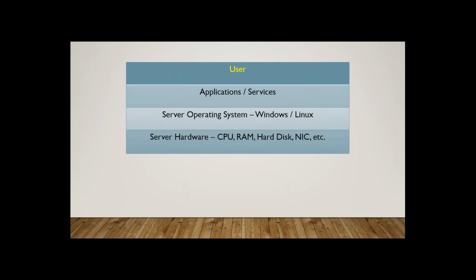Just take your time, 30 seconds. Just try to understand what I have said in the last 20 minutes. I will repeat again before I take a break. See here, we are connected to applications every time. Whatever we access over the internet, we are connected to an application. There are different types of applications available. I have named many major applications like web servers, file servers, mail servers, database servers. All these applications run on a server OS, and that server OS is running on server hardware. This is what the concept of a server is all about.